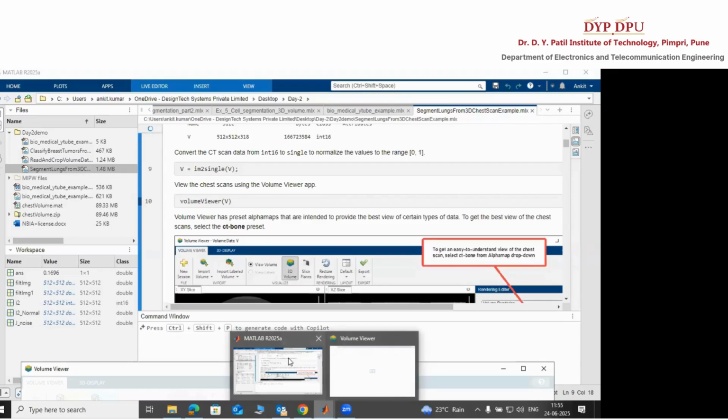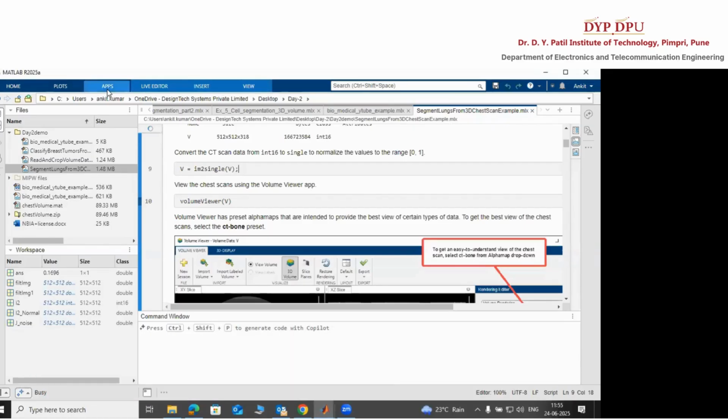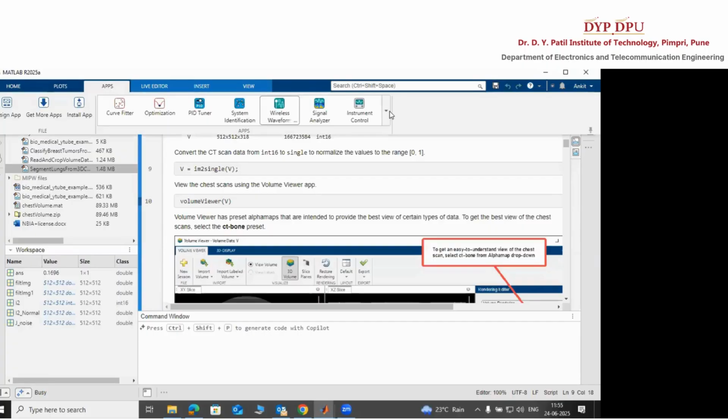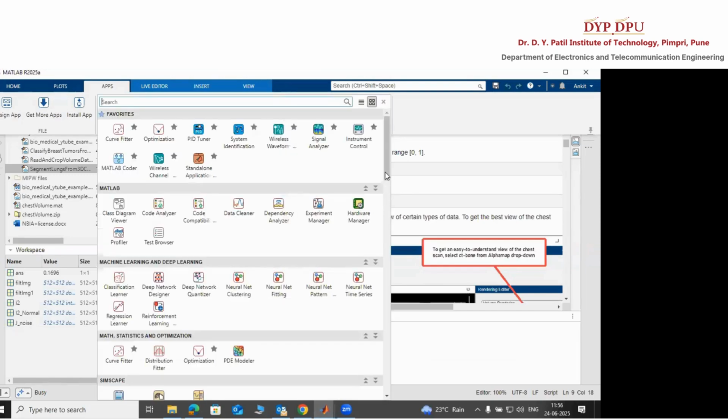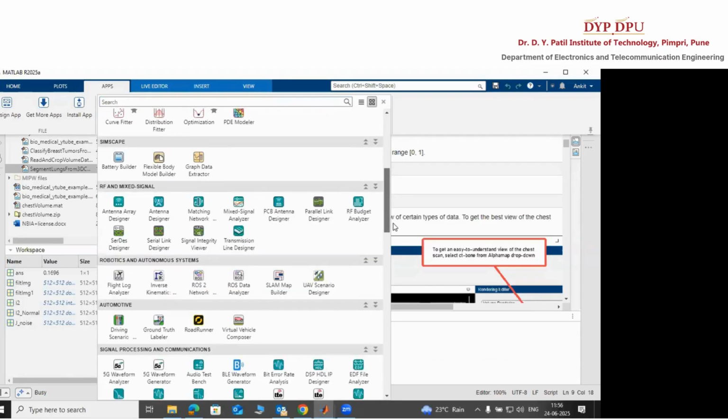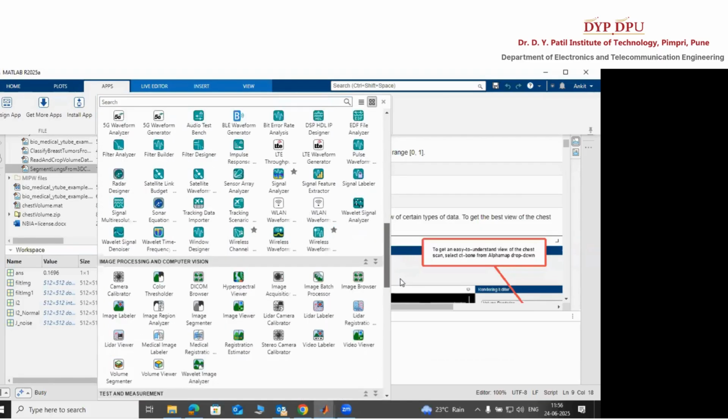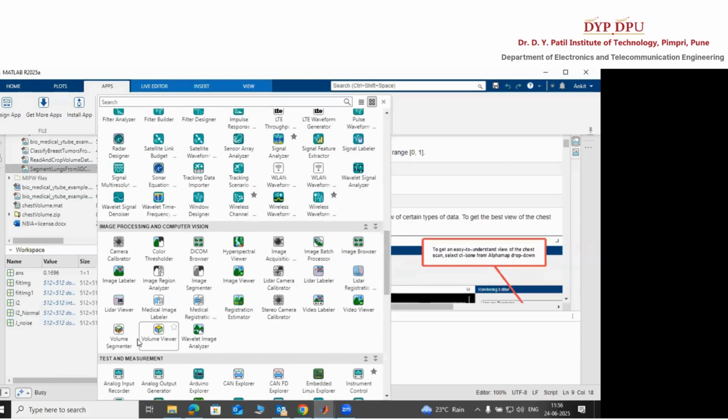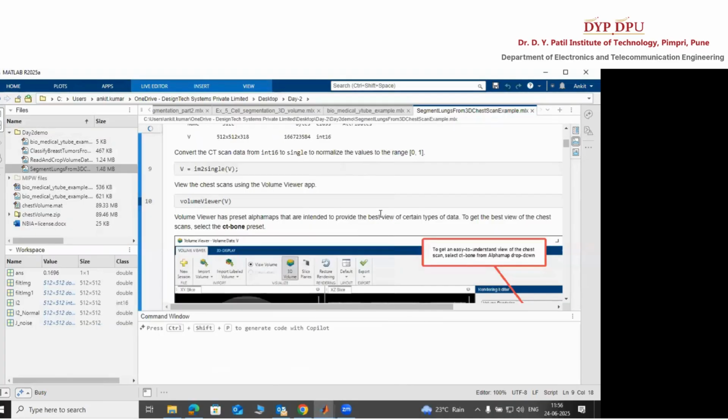See, it is running. Otherwise, you can directly open it from the app. Go to the app, and from the app go to the image section, and from there you can open the volume viewer under image processing. Here you have that app. Or simply click here, and you are able to access the volume viewer. Once you open the volume viewer,